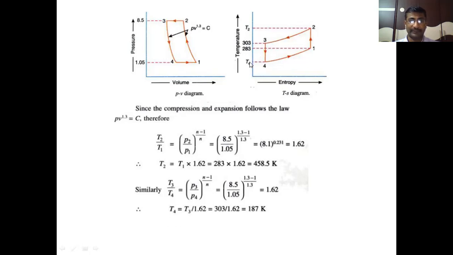This is the lowest temperature in the cycle, at which the air is supplied to the cold chamber. Here the temperature of the air rises by absorbing heat from the cold chamber. The cold chamber is the space to be cooled. Clear, students? After heat absorption in the cold chamber, the temperature rises to T1 again. The cycle repeats.